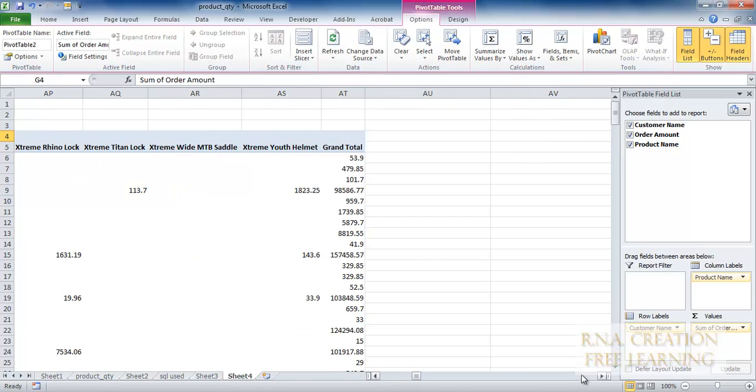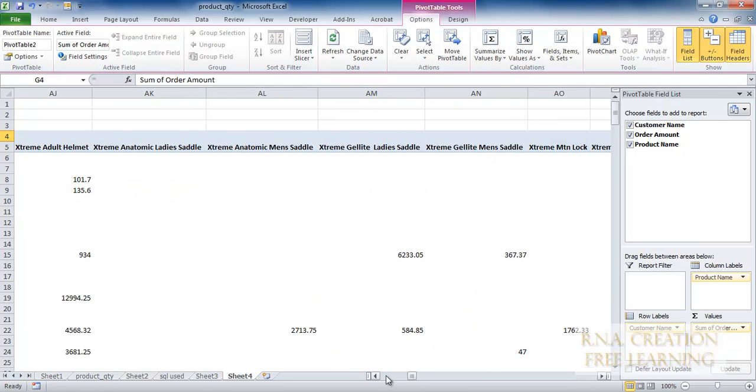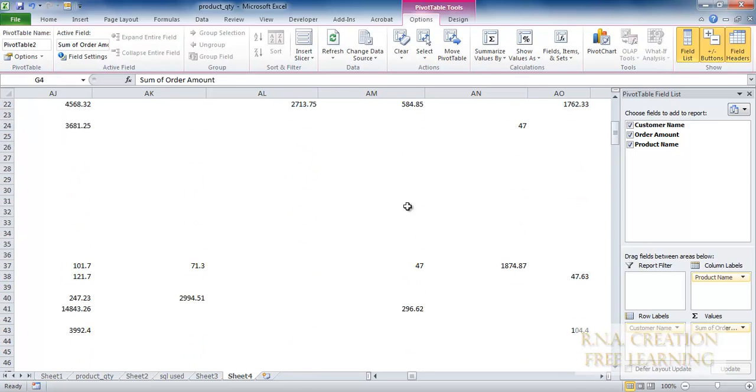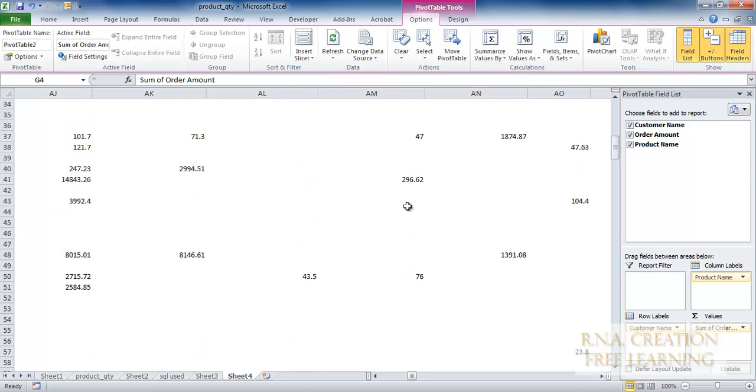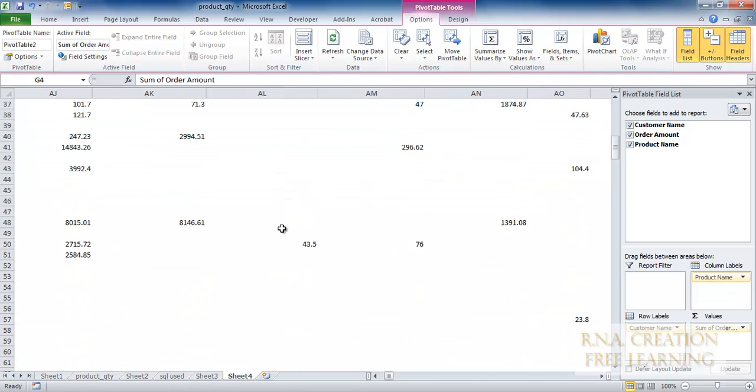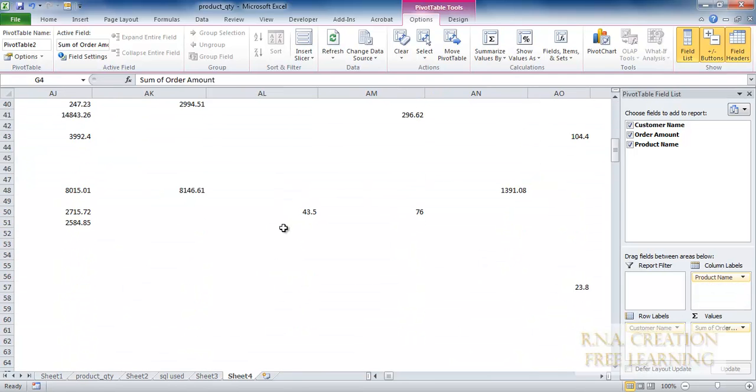This is how you create a pivot table from Access or any other database you want. As you can see, this is exactly how the pivot table is created. You can change this, you can drag this here and you can drag this here, and it still works. It depends how you want to present the data.